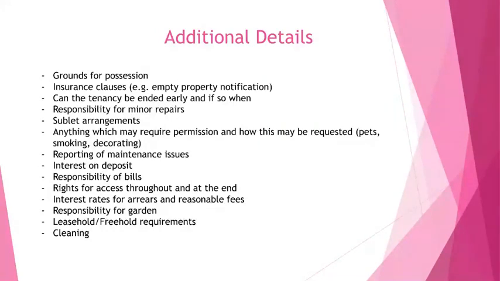You need to include sublet arrangements. There's a big rise in this with the increase of Airbnb, etc., where tenants are using this to rent out spare rooms, in most cases without the permission of landlords. You need to put in anything that you require permission for and how they may request it. This is things like pets or smoking or decorating, how they can report maintenance issues or when they should be reporting them, the responsibility for any bills, and what will happen with any interest that you accrue on the deposits,